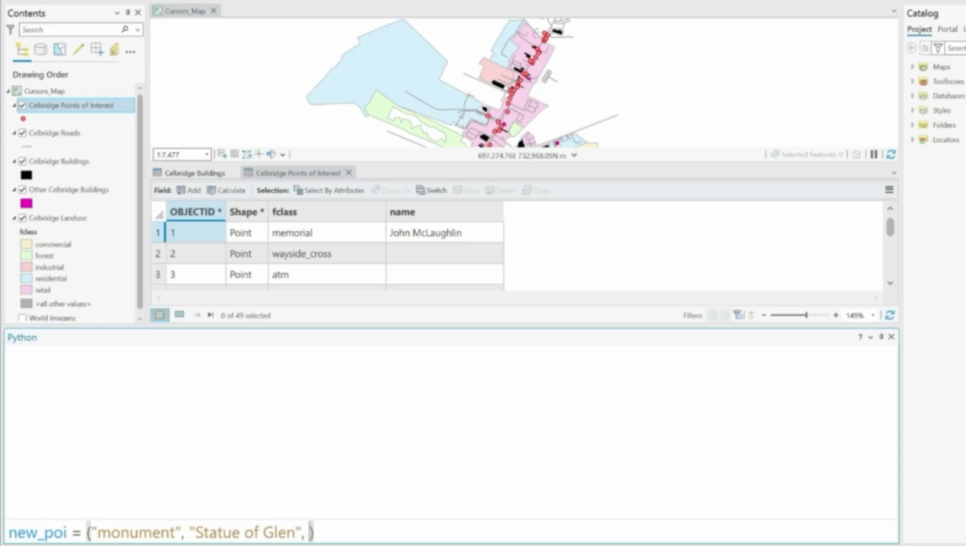And we'll give that an X and Y of 697412 for the X, and the Y 732885. And these are coordinates for the Irish Transverse Mercator. This inner list could also be a tuple instead of a list. The documentation states that we will use a tuple when inserting a new row. Let's run that line of code, and we'll jump straight into our InsertCursor with